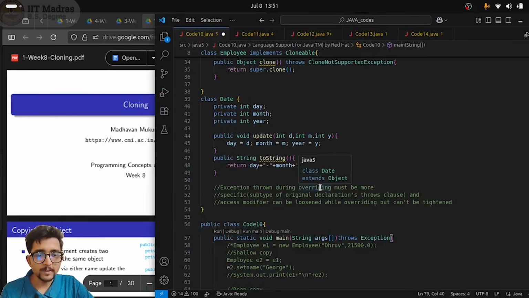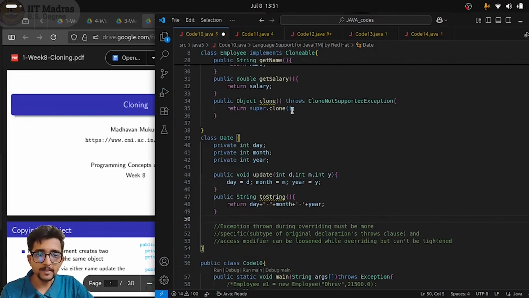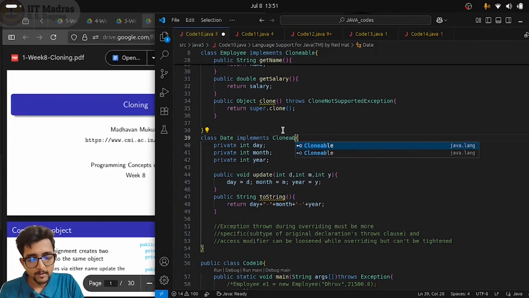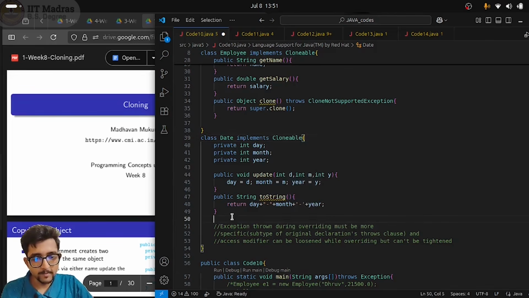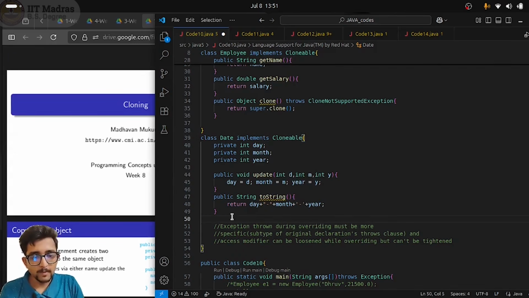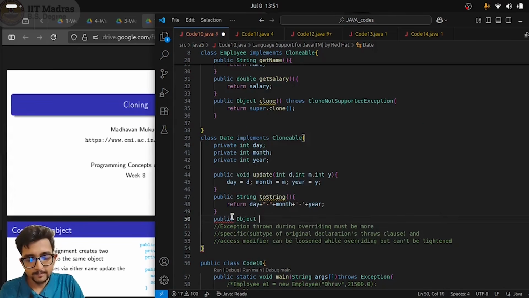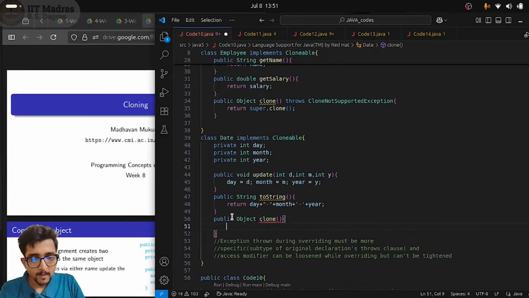as a shallow copy. So what we can do is clone the birthday object also. We will force the clone method of Employee to use a separate clone method for the Date class. So we will define clone in the Date class also, implement Cloneable to mark that this can also be cloned. Then we will override the clone method over here, public Object clone, just like the previous concepts,